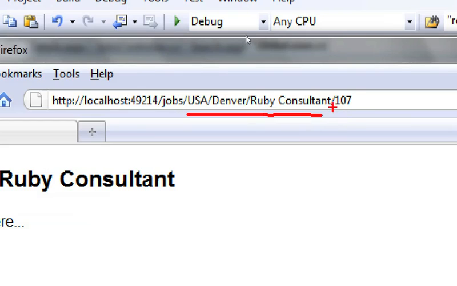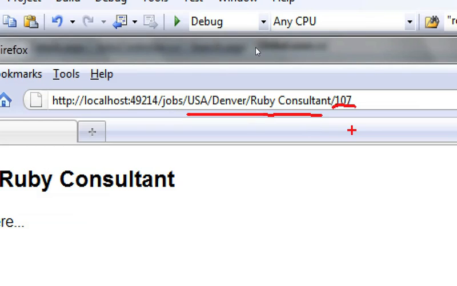One of them is that we've got the ID in it still, and you might argue that we shouldn't really need that because it should be specific enough just to say USA/Denver/Ruby consultant. And yes, it's true that we could add some extra code to try and fetch the domain entity based on that alone. However, that would be quite awkward, and it's possible that we could get ambiguous matches. So since it's not really harmful to leave the ID in the URL, we might as well do that. The search engine probably won't care, and end users probably won't notice either unless it's really long and difficult to type in.